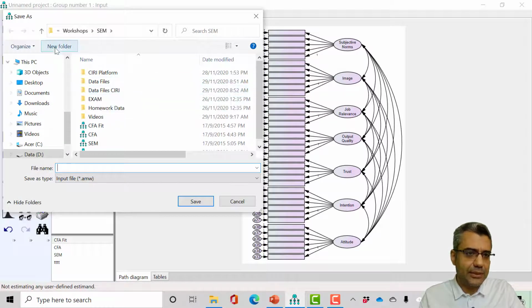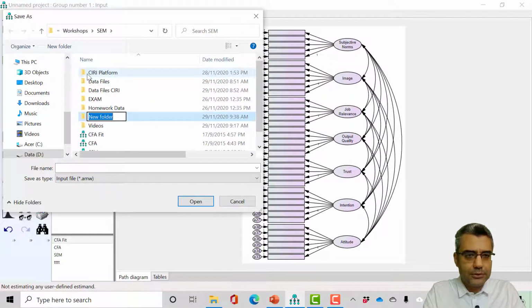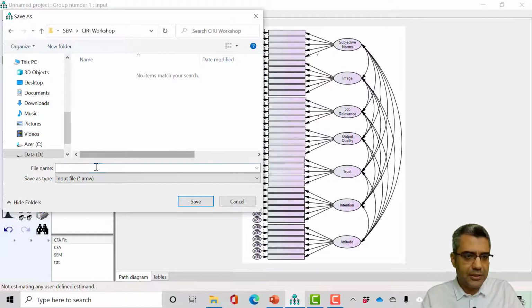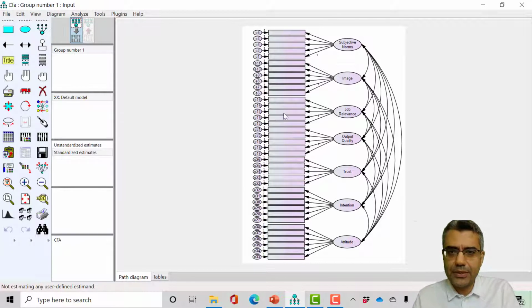Maybe I can save it here. I name it Siri Workshop. Create a folder for my files. I name it CFA and save. Right. Now,